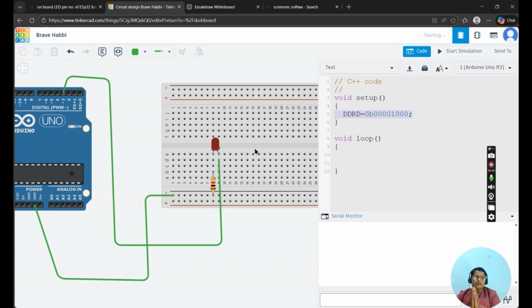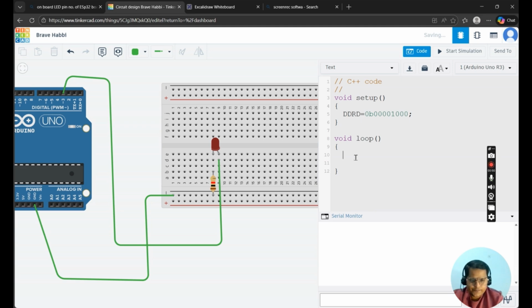So if you guys are new to ports of the Arduino board, I have already made a video on bare metal programming with Arduino. I have attached the video link in the description. So first do watch that video and come back here so that you will understand how bare metal programming works, what is the DDRD register, what is the PORTD register. Now in this video I'm just going to explain left shift, right shift operation,